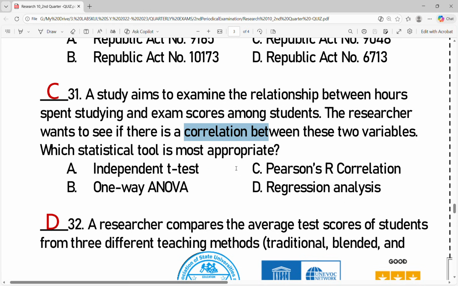Which statistical tool is most appropriate? So may keyword na kita na gusto mo lang tawon ang relationship, correlation of the two. And you know that among all these choices, only Pearson r or correlation is a statistical tool that we can use when looking through any relationship or correlation